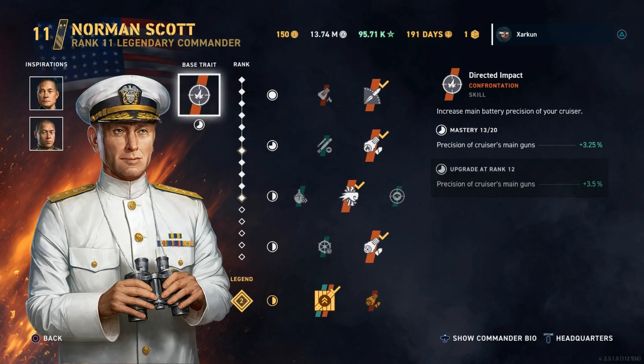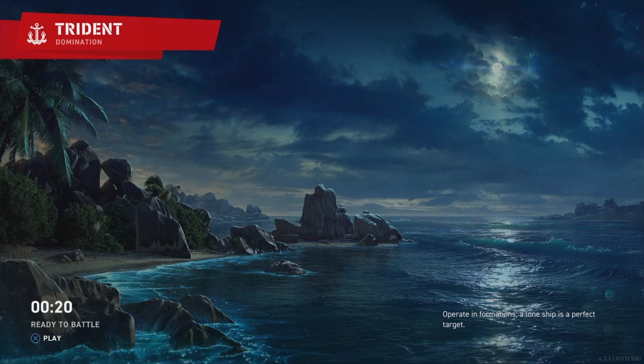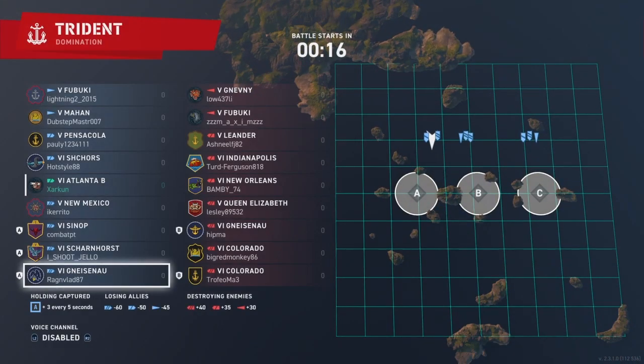On the screen here, you see my build for a level 11 Norm Scott. Mikawa and Yamamoto are the inspirations. This is the build that I will be using in the following game, which features the Tier 6 Premium American Light Cruiser USS Atlanta, which I suspect will soon become a hot topic in the community, given that the Atlanta